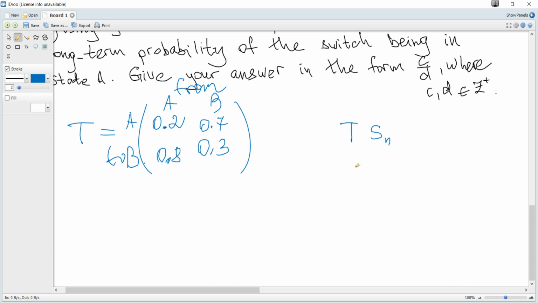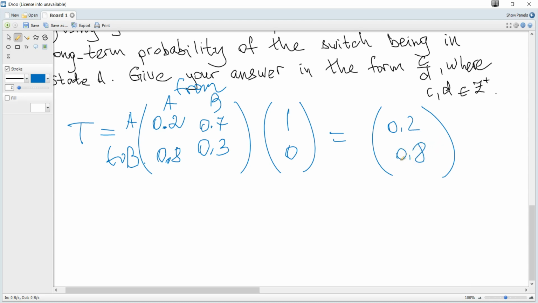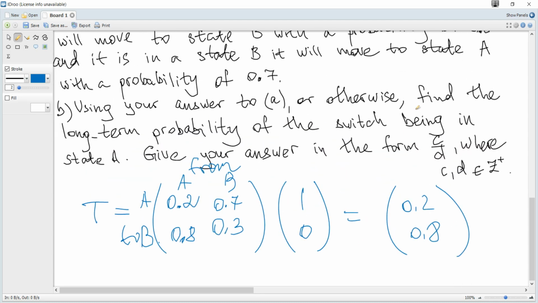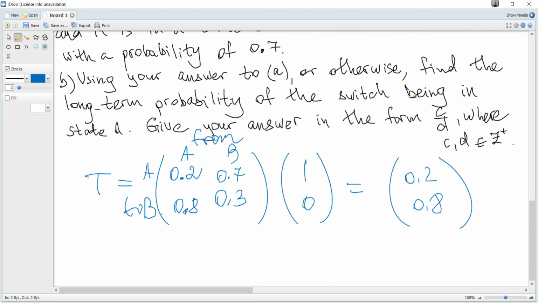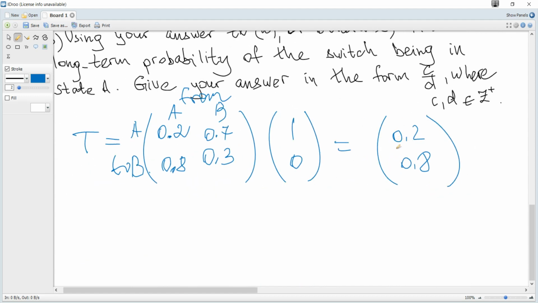So if now A is operating, the initial state becomes 1, 0 in terms of probability, because if A is operating, it means 100% A is operating. B is not operating, so 0% probability. And if you multiply, you can see that it's again multiplication of matrices. After one transition, and one transition here is 1 second, so after 1 second,